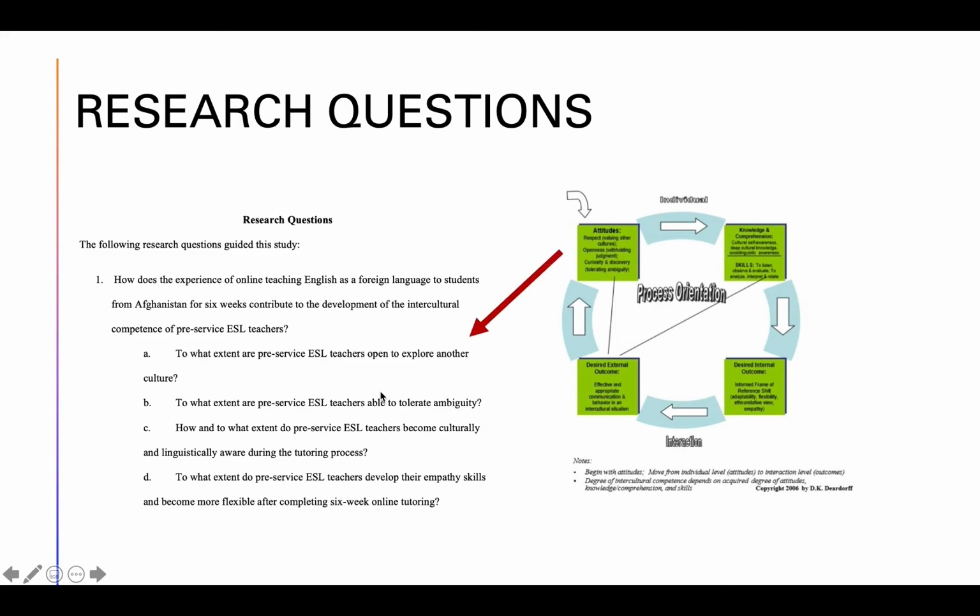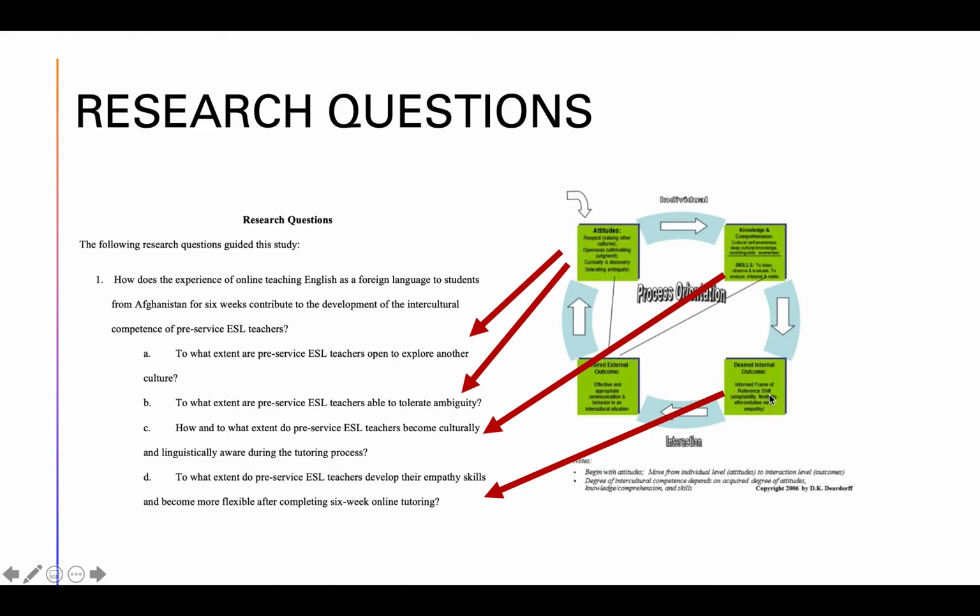So my first question is directly related to my first component, which is about openness, right? And my second question is, again, related to this one, but this time it's about tolerating ambiguity. And when we look at the third one, it is about becoming culturally and linguistically aware. And as you see here, awareness is part of this second component. And lastly, the fourth question is about flexibility